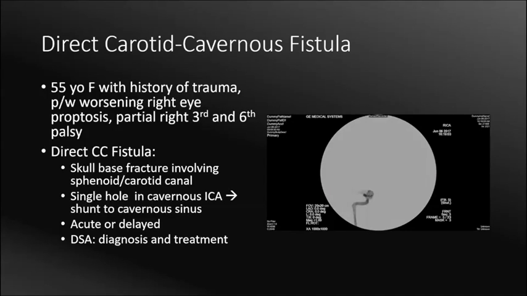And here you can see in a right internal carotid artery injection, there is direct flow from the right ICA into the cavernous sinus through a CC fistula. There's retrograde venous outflow into the deep venous system via the basal veins of Rosenthal, the vein of Galen, and the straight sinus, as well as superiorly into the superior sagittal sinus. And what you also may have noted was that there's really no flow within the ICA beyond the level of